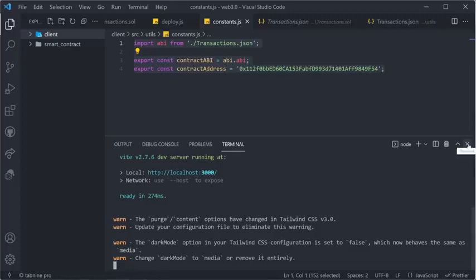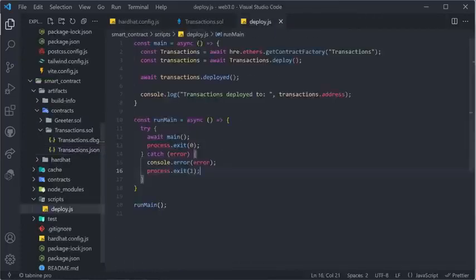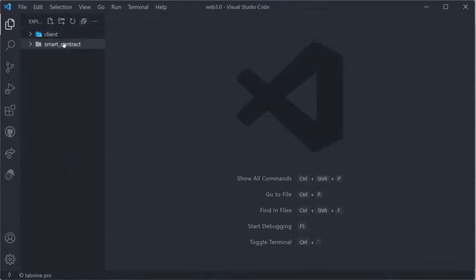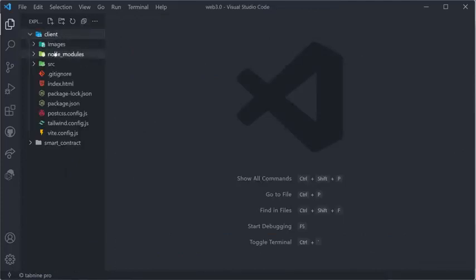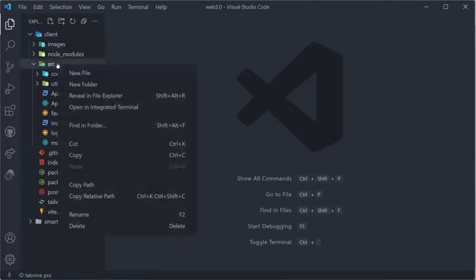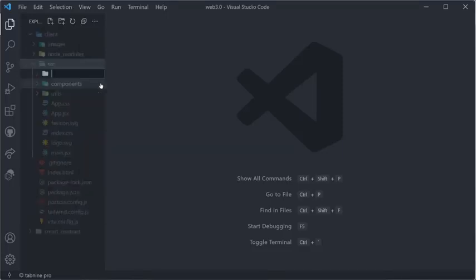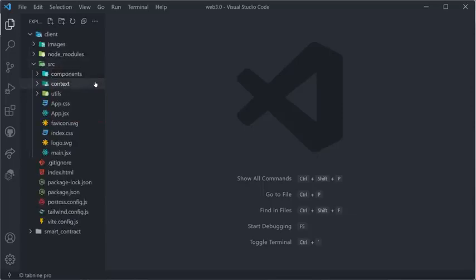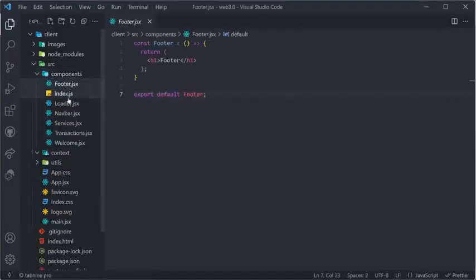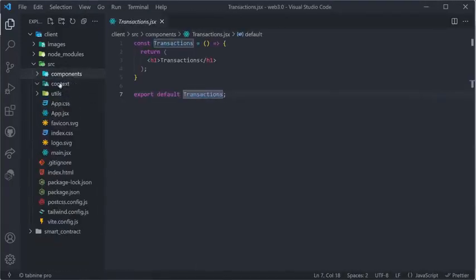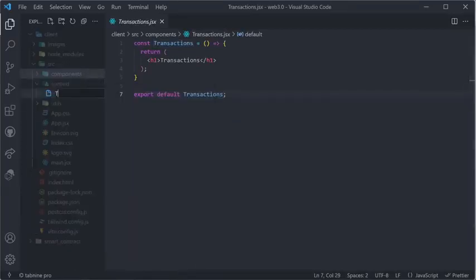3000. Now that that is done, we can close all of our files and folders, just so we have a clean working environment. And we can go to client, source, and then we can right click the source and create a new folder. That folder is going to be called context. We're going to use React Context API around our entire application that's going to only serve the purpose of connecting to the blockchain. That's going to allow us not to write our logic all across all of our components. We're only going to write it in one centralized place, and that's going to be transaction